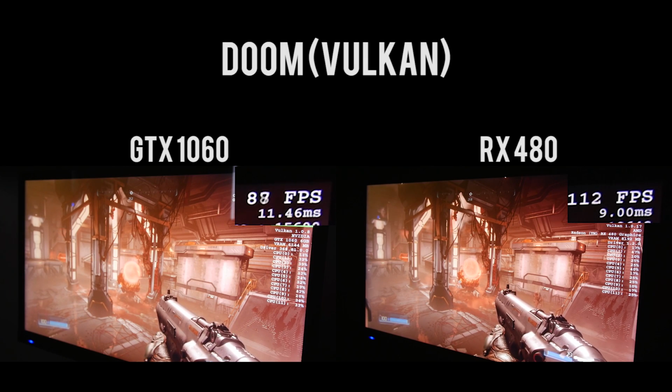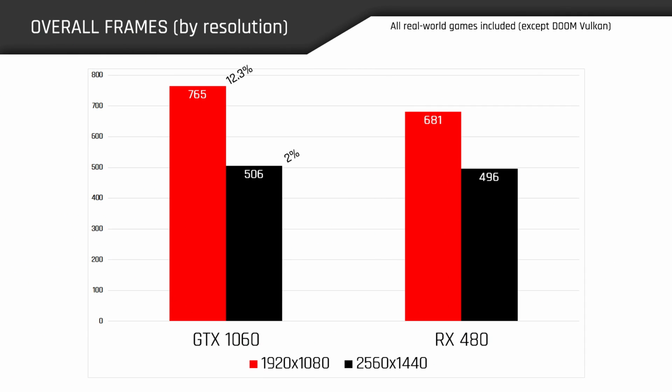But those are all the tests, ladies and gentlemen, and I think that's probably the most benchmarks I've ever shown in one video, so one way I tried to make sense of all this data was to add up the total number of frames generated by each card per resolution over the games we tested,